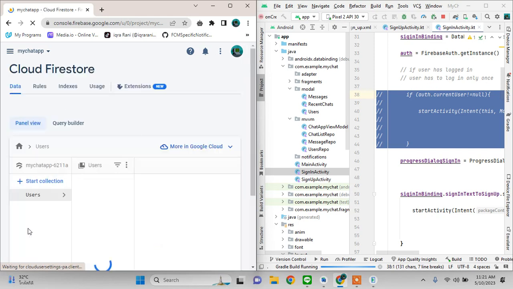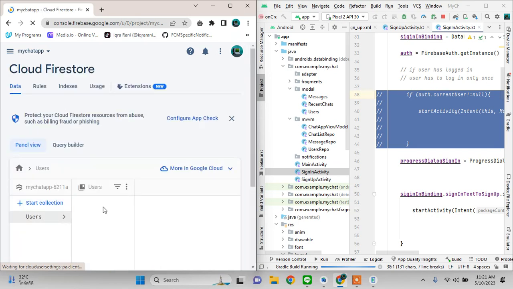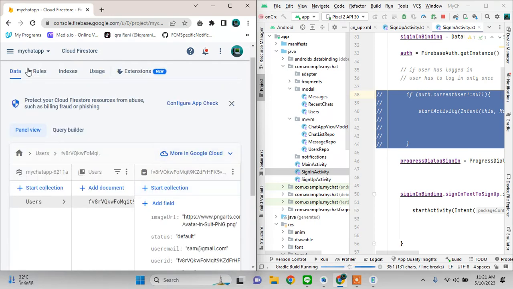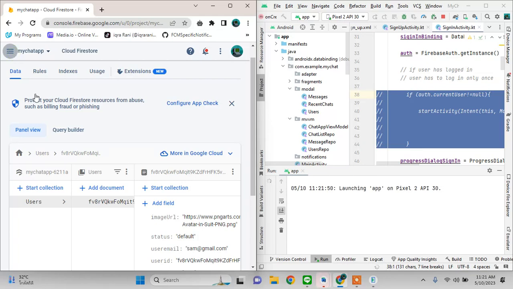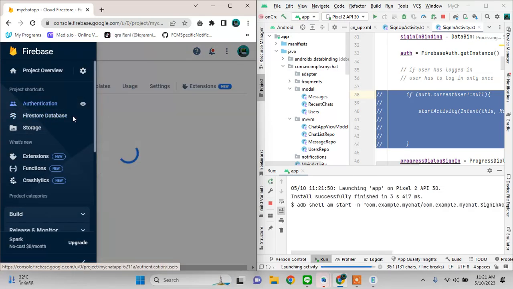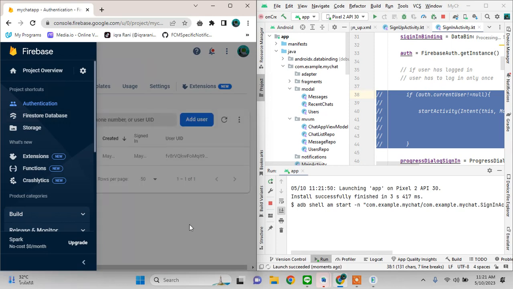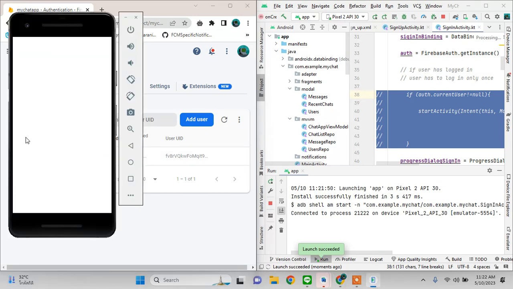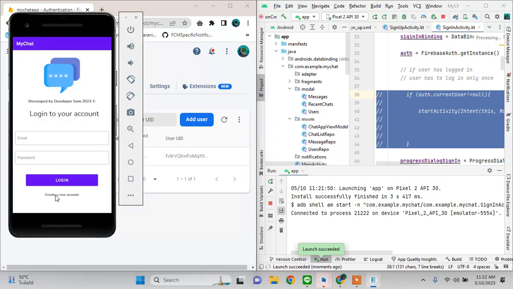You see, this collection is generated. It has a document ID, and this is our information that we have taken from the user when the user was registering. And also again, if we check in authentication, then this user is authenticated and it has the information here, right? So I'll register another user,